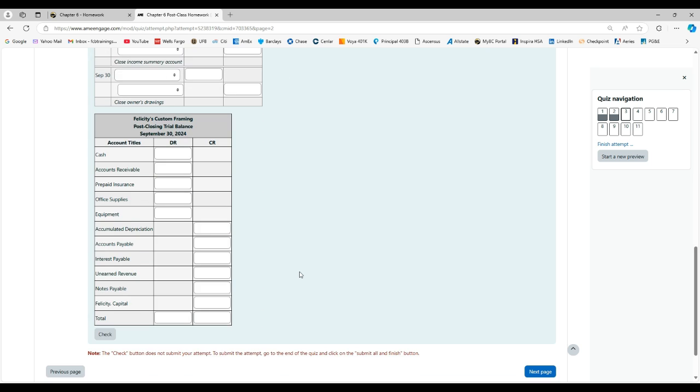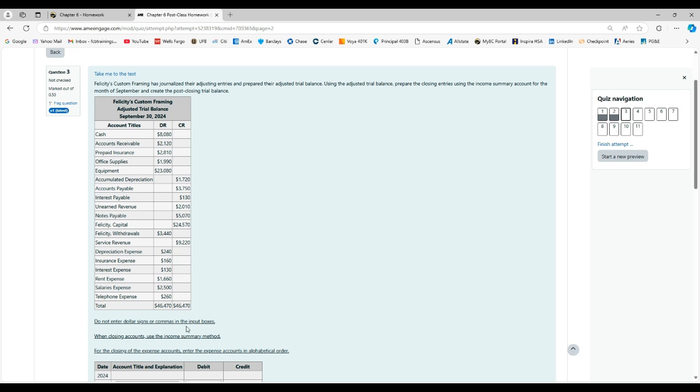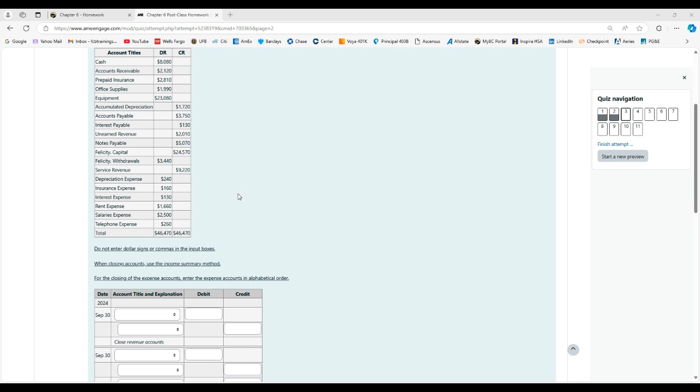Okay, problem number 3, very similar problem. We're using the income summary method here, so basically exactly the same thing we just did. So let's do it again. Okay, so closing our revenue accounts, we've got 9,220, and remember it's a credit balance normally, so to get that to go to 0 and move into capital eventually through the income summary, we're going to want to debit the service revenue, and we're going to credit the income summary,